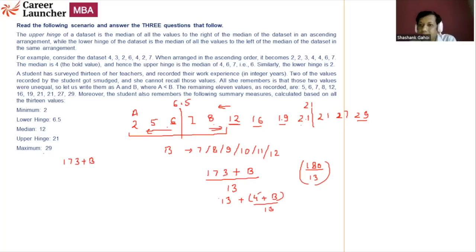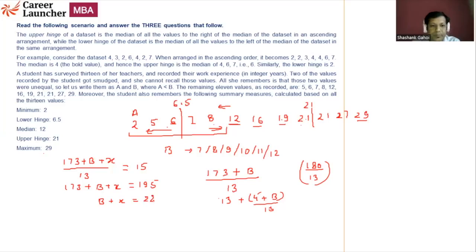So for example, 7 is doubled, which means 7 has become 14. It means the sum is definitely going to increase by 7. So let's say a random number X has doubled. X is already included in this, plus I need one more X. Divide by 13 is going to give me the average, and that's equal to 15. So 173 plus B plus X comes out to be 13 into 15, that is 195. So I can say B plus X should be equal to how much?